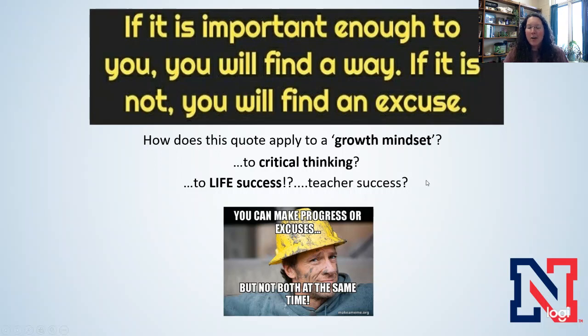So here's the thought. Is it important enough to you? Because if it's important enough to you, you're going to find a way, and if not, you're going to find an excuse. So I hope student success is important enough to all of you, and you're willing to grow and change and do some of these active learning strategies. Consider some of them, and hopefully apply it to your growth mindset. You're willing to think more critically, think differently than you have. You're not just doing it how you always did because that's what we've always done, because that doesn't make it right.